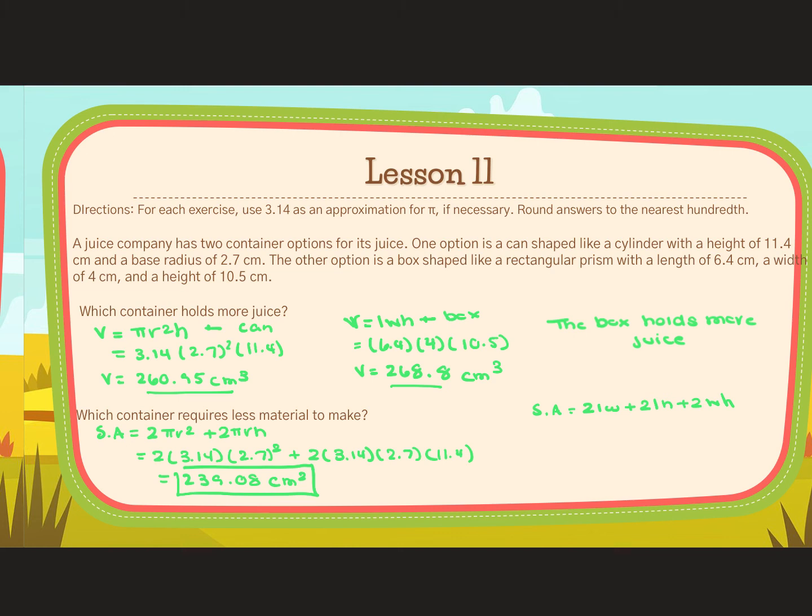All right, so now looking here, it tells us that our length is 6.4, our width is 4, plus 2 times the length of 6.4 times our height of 10.5. I ran out of a little bit of room, so I'll put the other plus here, plus 2 times the width, which is 4, times the height, which is 10.5. All right, so again, you're going to multiply each of those pieces separately and then add them together. And when you do, you get 269.6